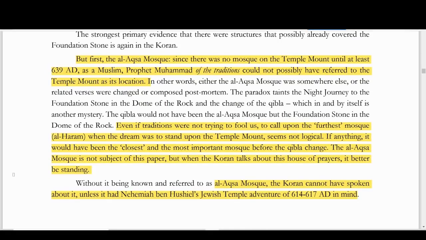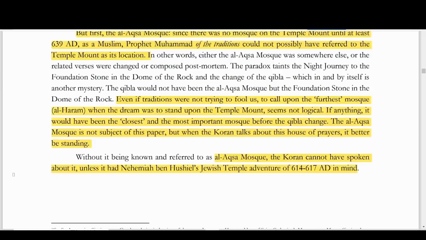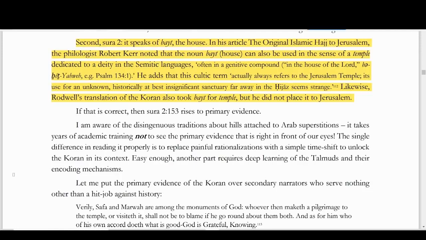Even if traditions were not trying to fool us, to call upon the furthest mosque, Al-Haram, when the dream was to stand upon the Temple Mount seems not logical. If anything, it would have been the closest and the most important mosque before the Qibla change. The Al-Aqsa Mosque is not the subject of this paper, but when the Quran talks about this house of prayers, it better be standing. Without it being known and referred to as Al-Aqsa Mosque, the Quran cannot have spoken about it unless it had Nehemiah bin Huziel's Jewish temple adventure of 614 to 617 in mind. Okay, so